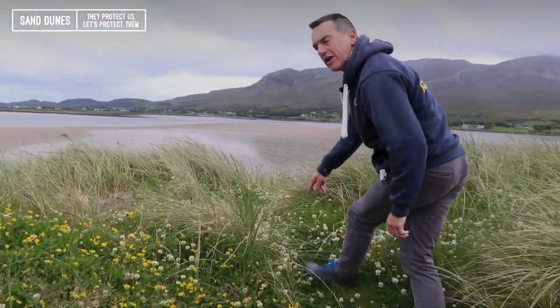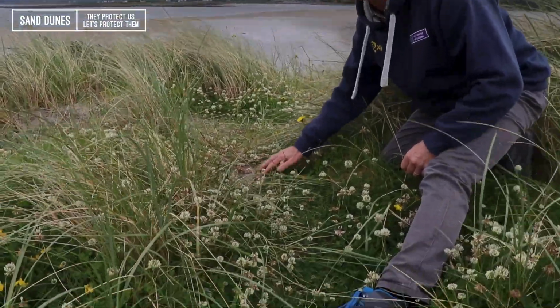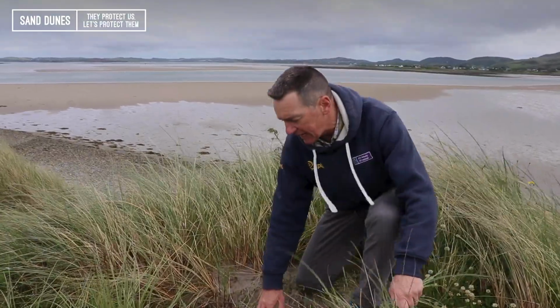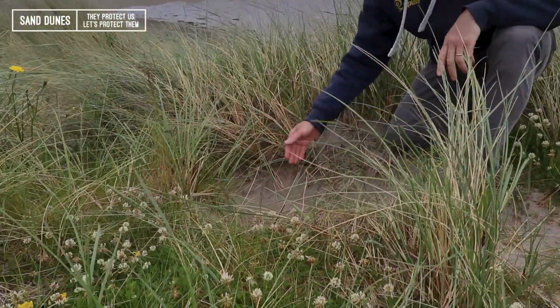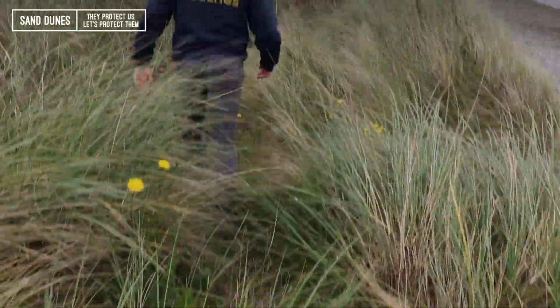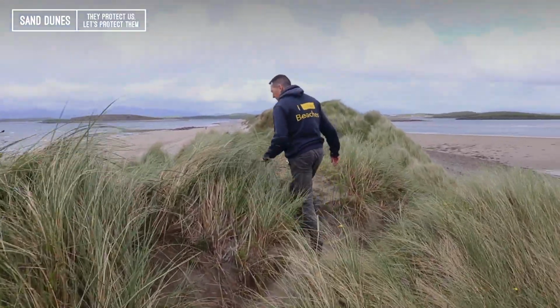And as we move over here then, you begin to see areas of bare sand where the vegetation is dying back to the point where it's really exposed here and free for the sand to move off and be eroded by the wind. And if we continue on over here, we can see how more and more impacts by people